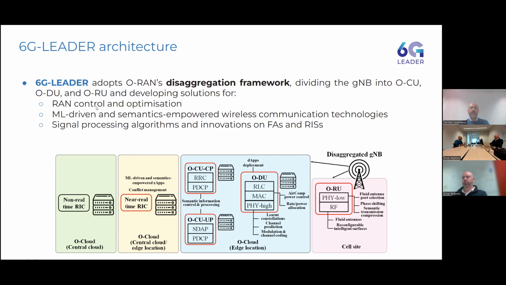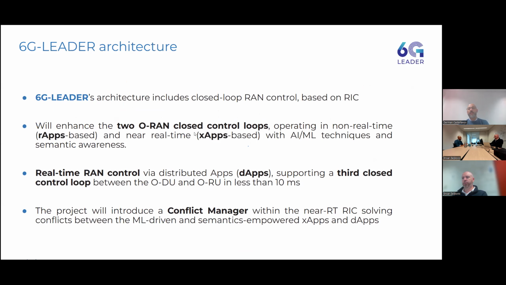So we are going to have the RAN optimization, the machine learning driving semantics that are going to be in different parts of the system as well. So basically, what we're going to see is that we have different characteristics to show and explain this architecture. This architecture as well is going to be defined in 3 different control loops.